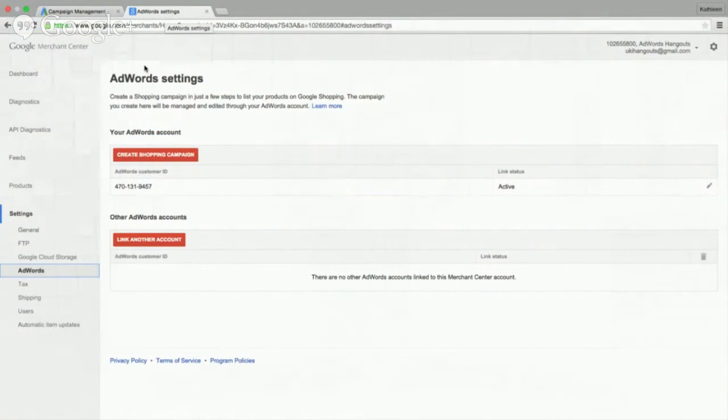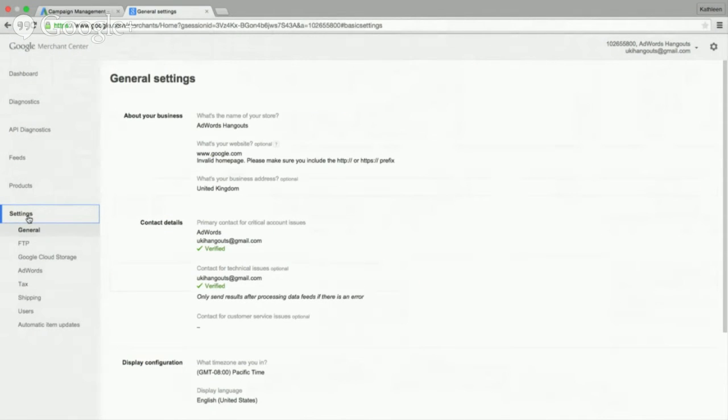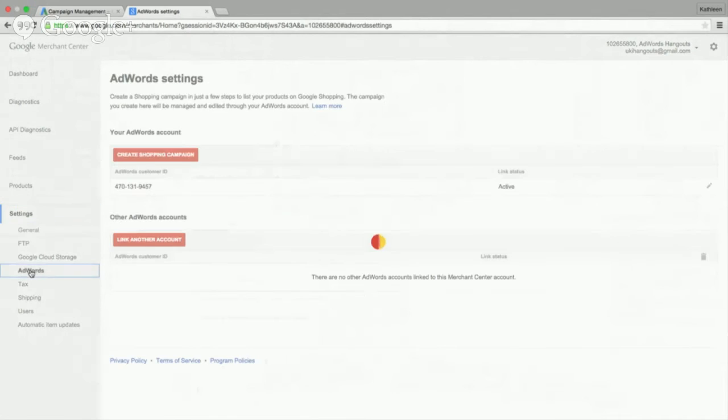You would log in there, and then go ahead and click Settings on the left-hand side. Click AdWords underneath that, and then you're going to link a new AdWords account. You can see we already have one linked here, but if you didn't already, you would click the red button to link a new AdWords account, put in your customer ID number, and then click Add. And we won't go into the details about actually creating a product list within Merchant Center, but there are a lot of instructions on that in our Help Center,